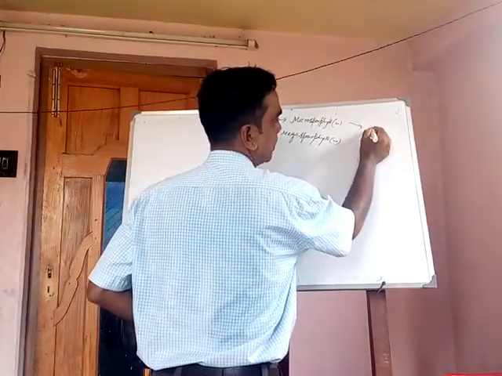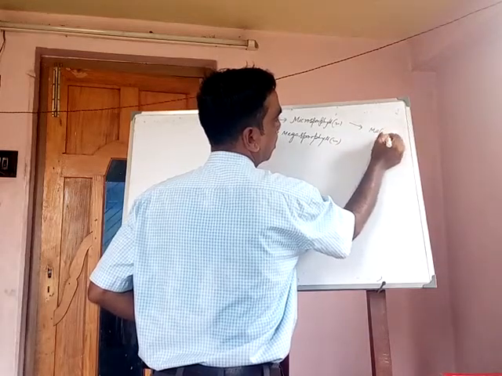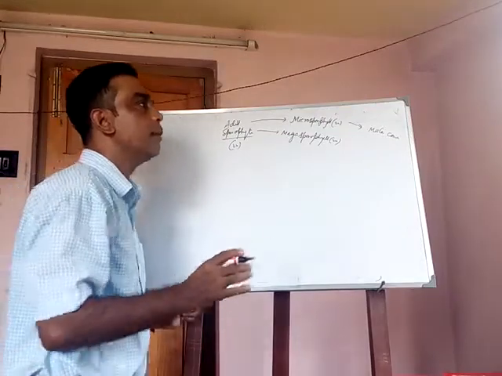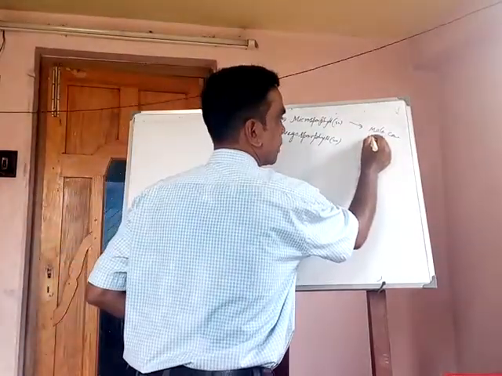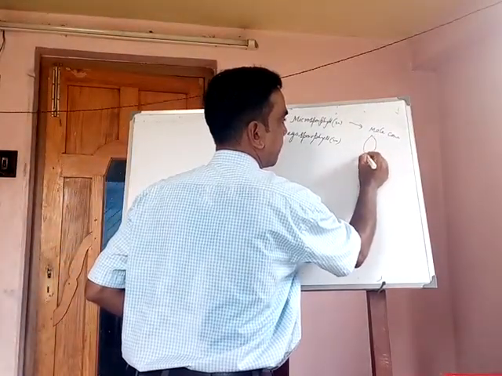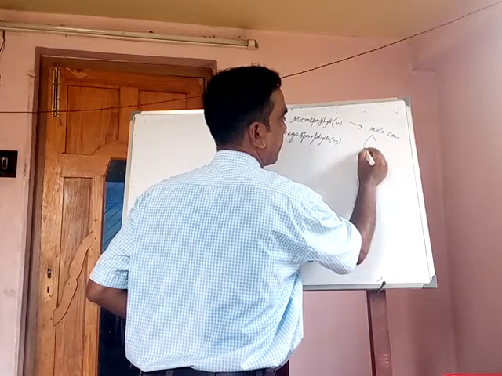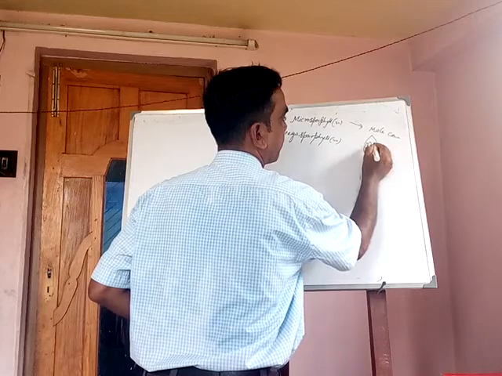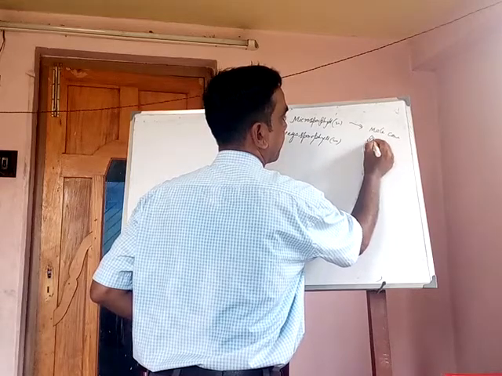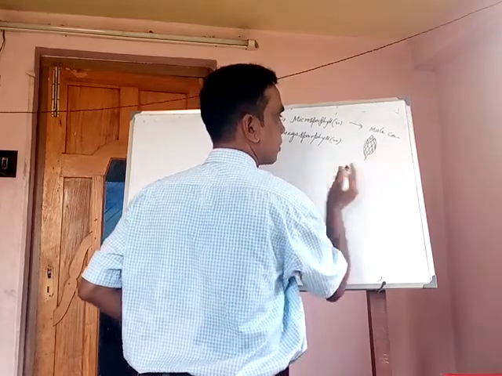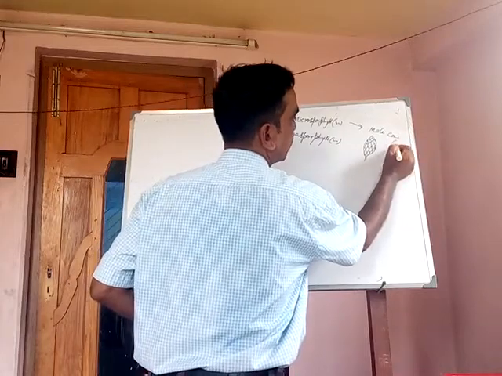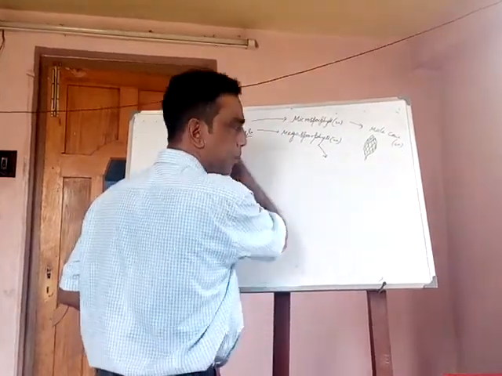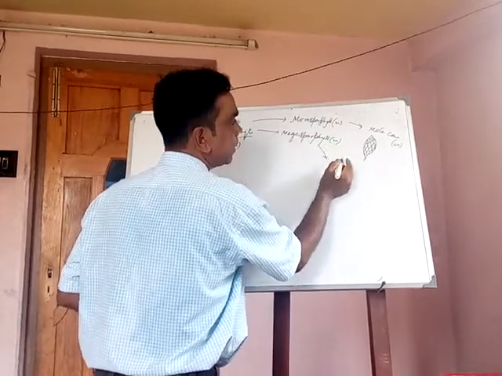Microsporophylls together produce the male cone, that is the structure of the male cone, and this is twin type, and megasporophylls form the female cone,